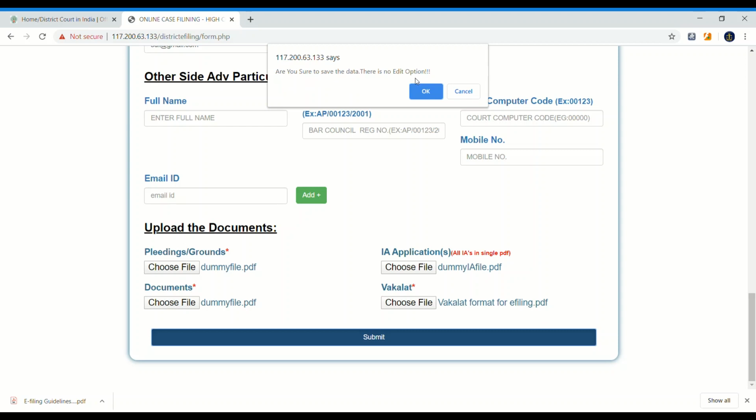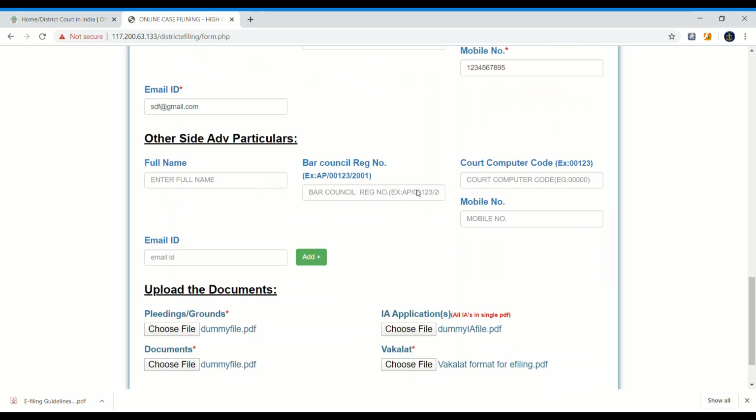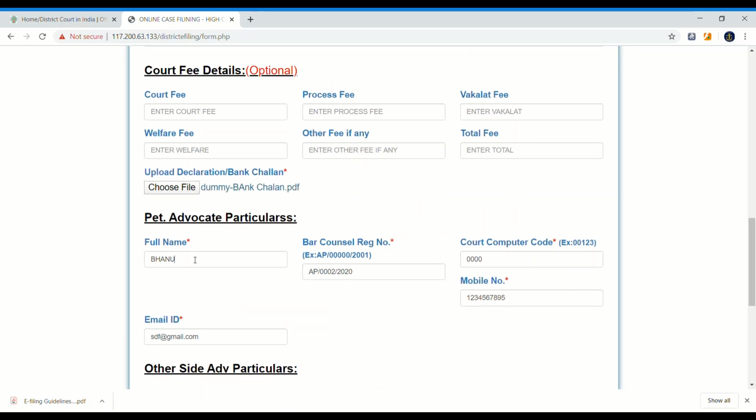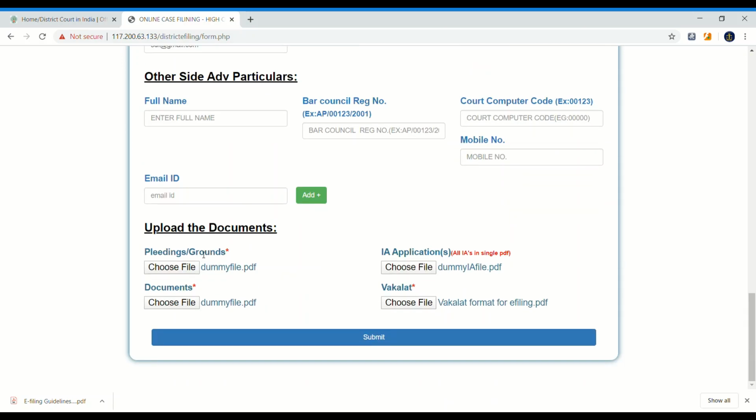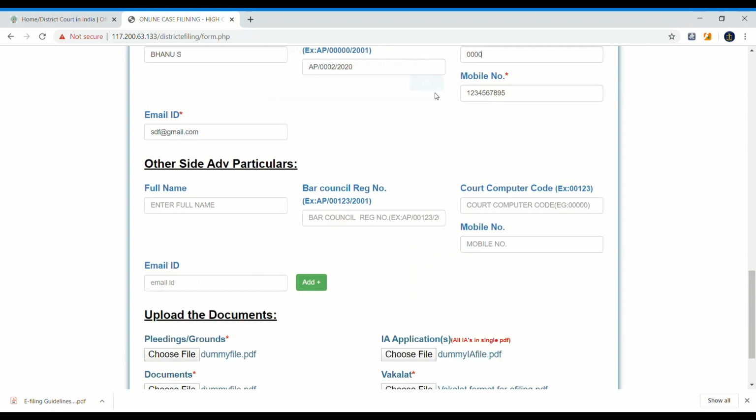There is no edit option. If there is no modification, just click OK. If you find any modification, just click cancel, edit the details, and submit. So, are you sure to save the data? There is no edit option. If no modification, just click the OK button.